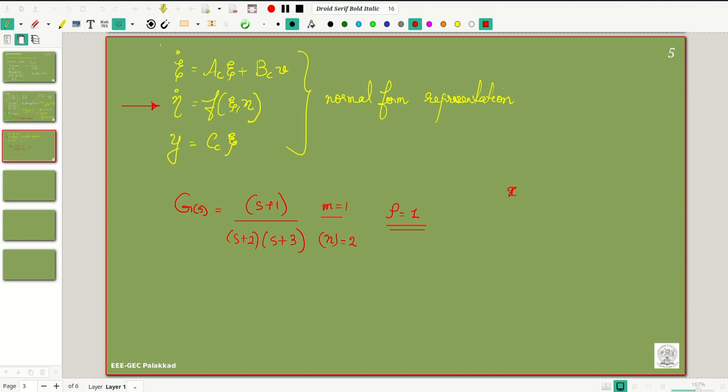For example, I have some x1 dot here, x2 dot here, and some y here. One of the dynamics will be linearized along with y. What is left over here is x2 dot. This x2 dot will be a function of maybe x1 and x2, which may be a linear or a nonlinear function. So what we usually do is design the problem based on x1 dot and y, and we say that the system is stable with respect to x1 dot and y. But what remains is the x2 dot.